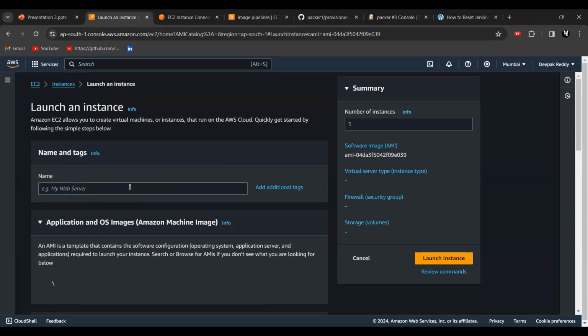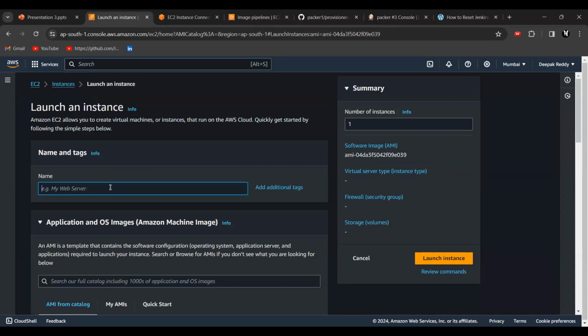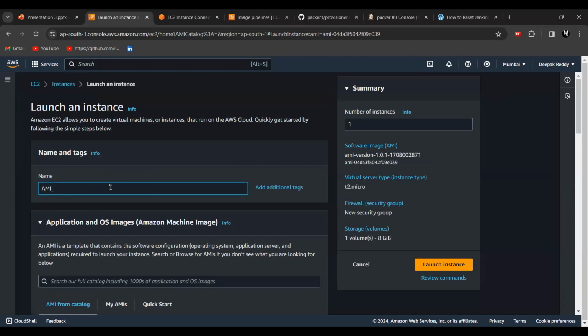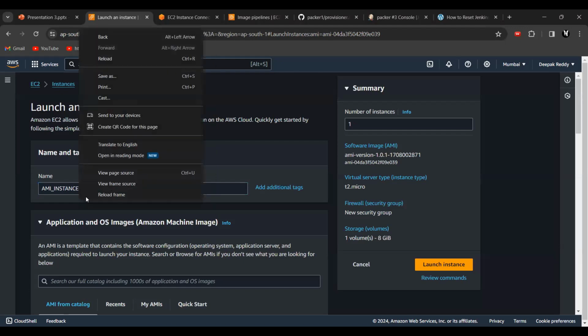Let's keep the name as AMI instance. Quite something random name again. Just some are capital letters, some are small letters.